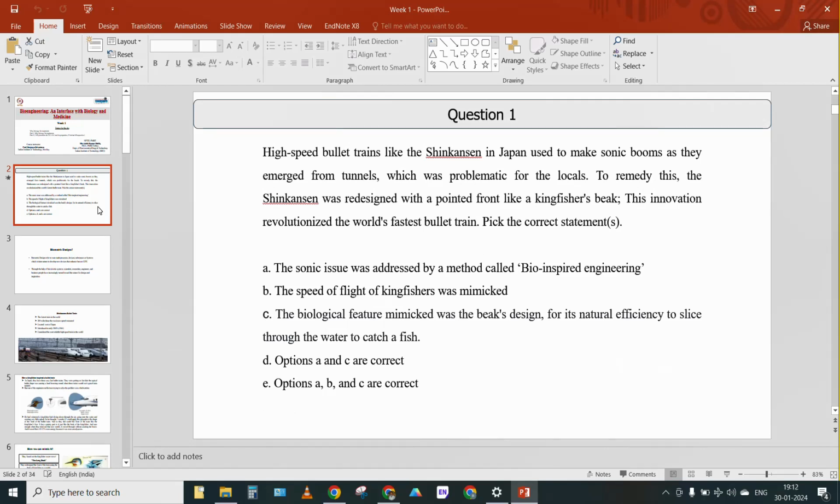So we'll start from question one of the last year assignment. The question was: the high speed bullet trains like Shinkansen in Japan used to make sonic booms as they emerged from tunnels, which was problematic for the locals. To remedy this, the Shinkansen was